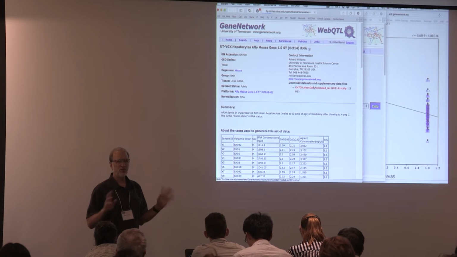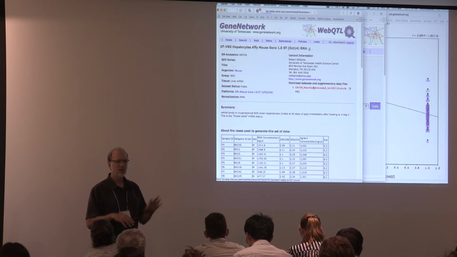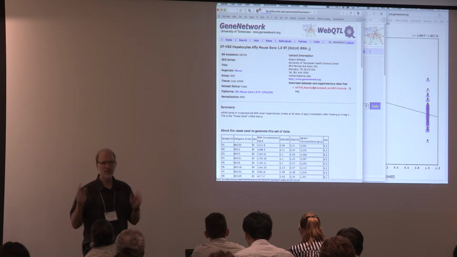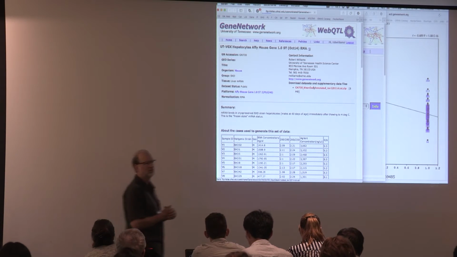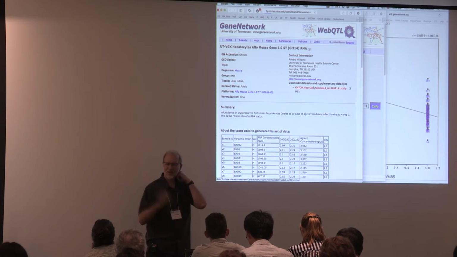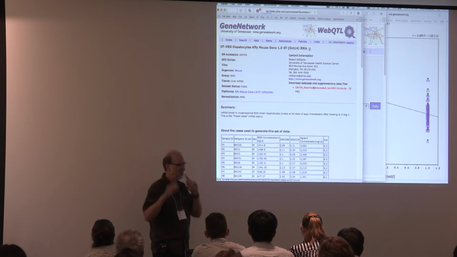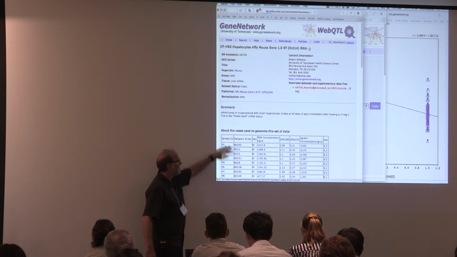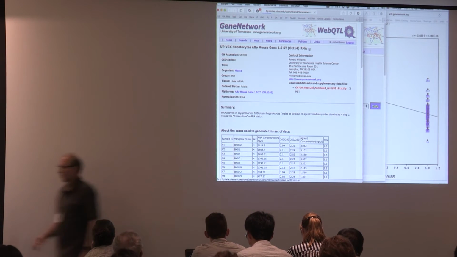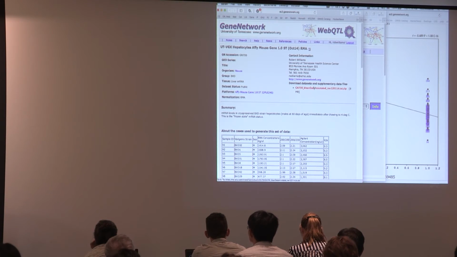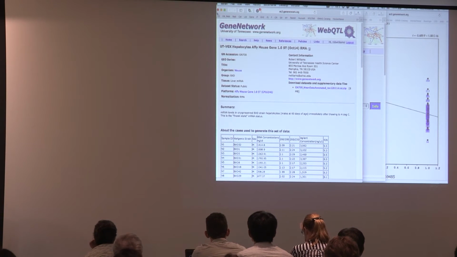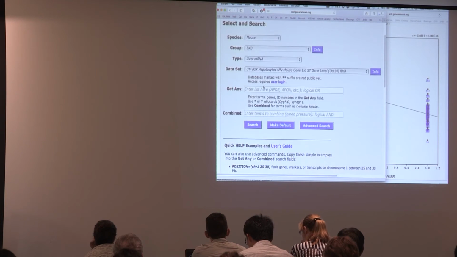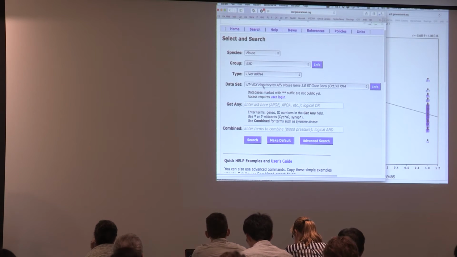I'm too lazy to put everything in GEO. So GeneNetwork is its own accessioning service. We don't put everything in GEO just because nobody's given me money to do it, although it shouldn't be that big a deal. If anybody wants to volunteer to put all our data in GEO, just contact me. But then we put the metadata here in many cases for the individual data set. So again, pretty easy to download all these data sets if you wanted to work with WGCNA at that level, which reminds me,